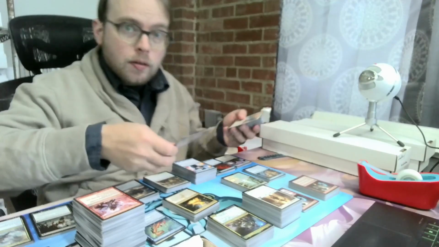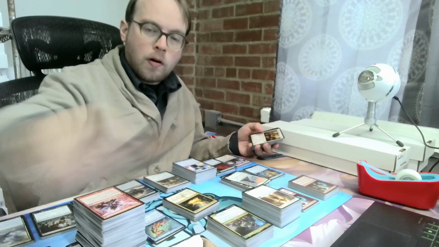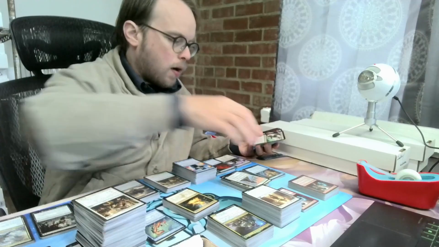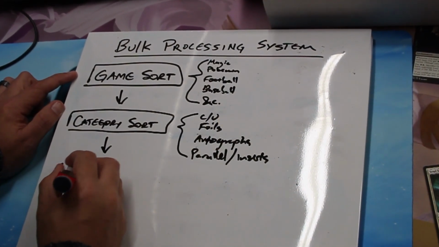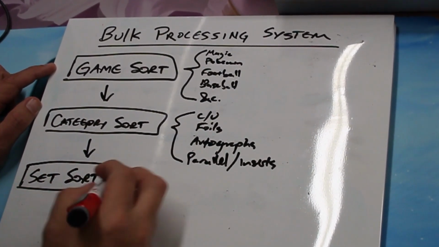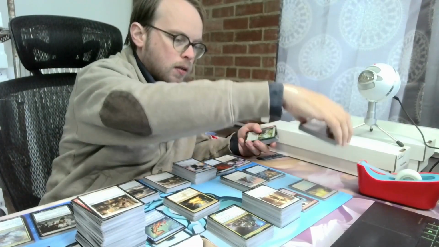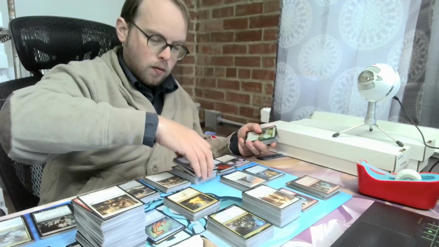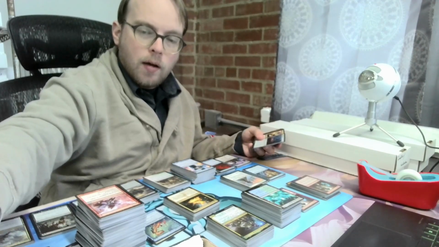So you can see here I have moved on to the next stage of the sorting process for the bulk processing system. We've done the category sort, and now I am working on the alphabetic set sort. Each of these stacks corresponds to the initial of the set name. So this is Aether Revolt, Amonkhet, more Aether Revolt. Here we have Return to Ravnica, Original Ravnica, Rivals of Ixalan, and then I'm just making a pile here of